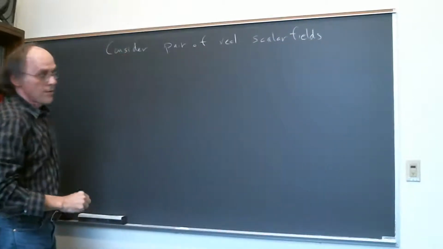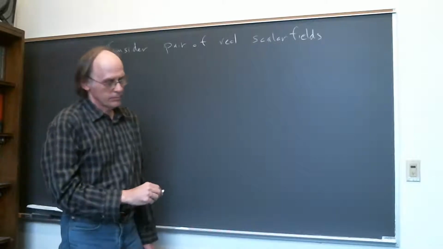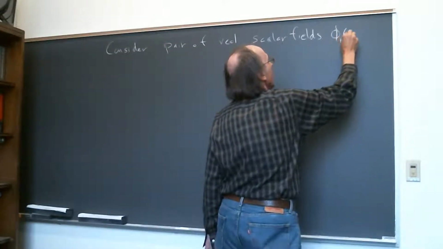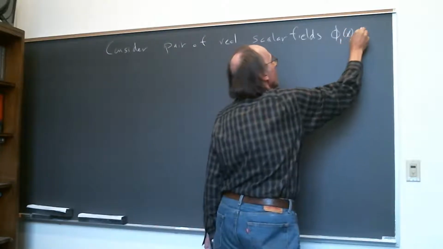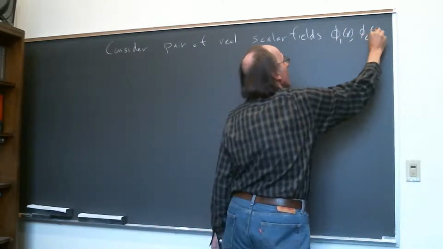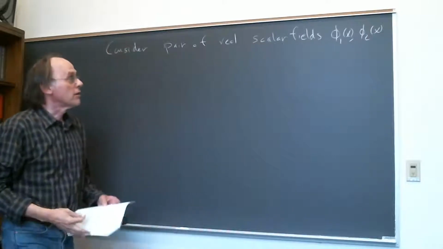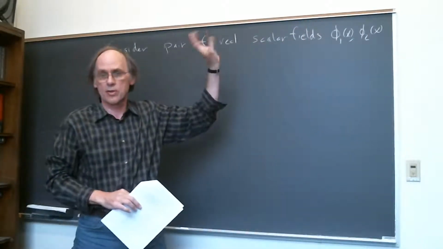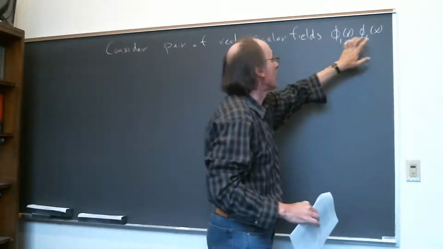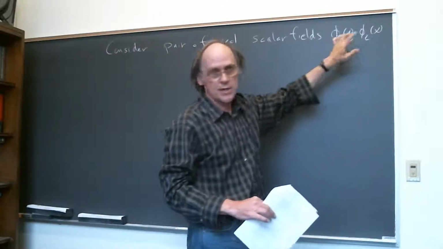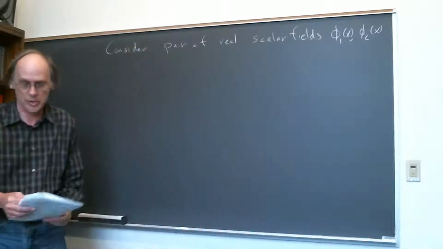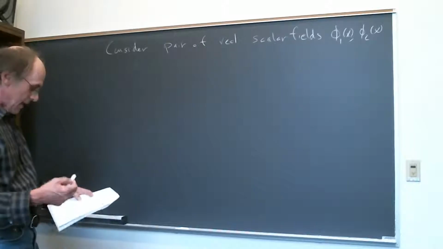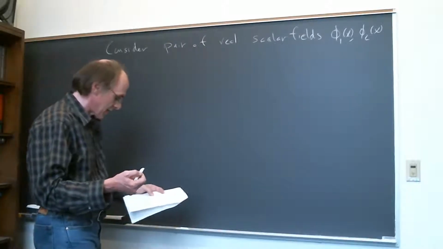You can write these down as phi1 and phi2. And then we're going to quantize the space of solutions of the Klein-Gordon equation, and the Klein-Gordon equation doesn't do anything with this index. It's just two copies of the standard Klein-Gordon equation. And then what I said last time is that if you do this, what you find is that